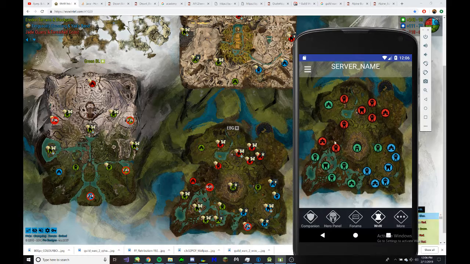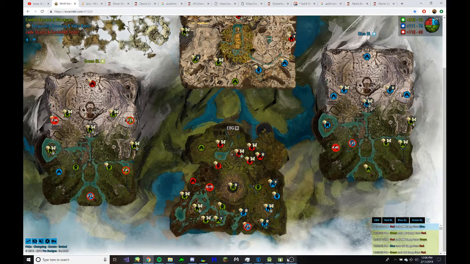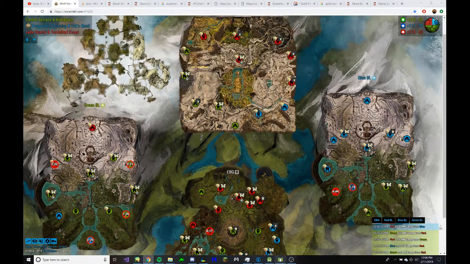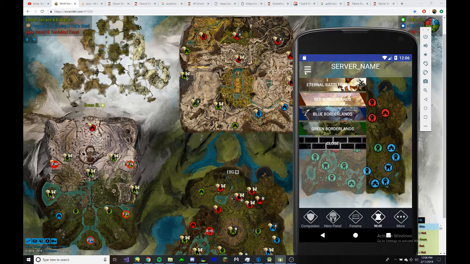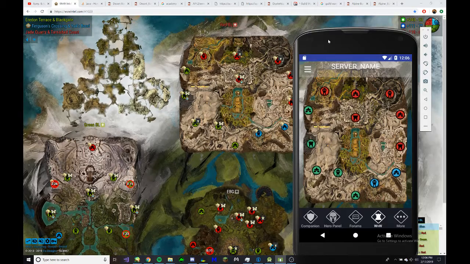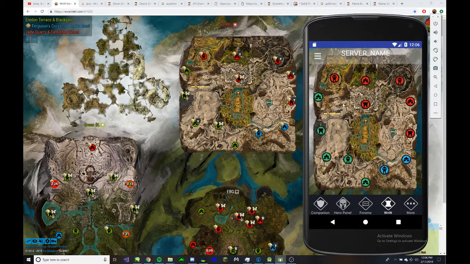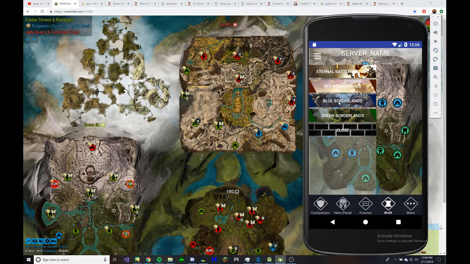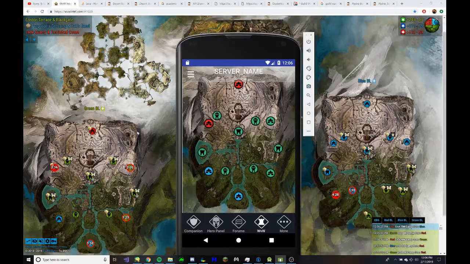So as you can see in the background, there are currently 4 maps. We got all the maps. So we got our desert borderlands right here as well, constantly updating with the API every couple seconds. We have our blue borderlands and our green borderlands constantly updating every couple seconds. So